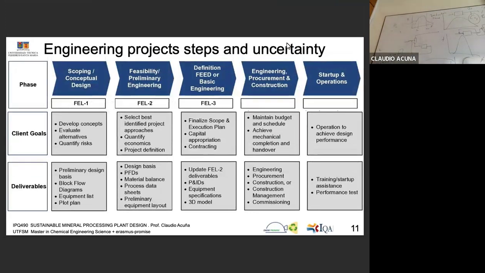Okay, yes, I don't go into detail because you have the material to study what it means. This is very important to understand. Deliverables: preliminary design, block flow diagram, equipment list, plot plan. I mean, it is the view of the plant. Then feasibility, preliminary design basis, PDF, process flow diagrams. Very important: material balance, process data sheet,